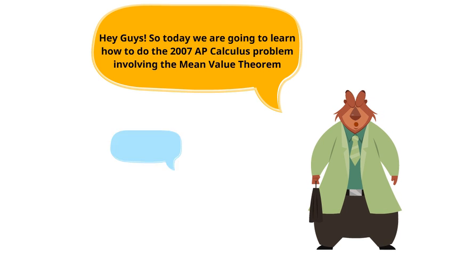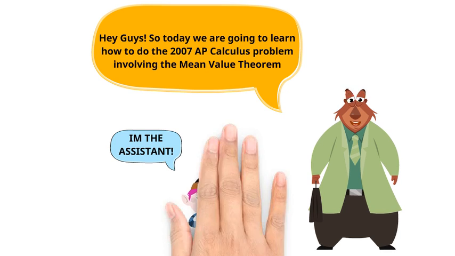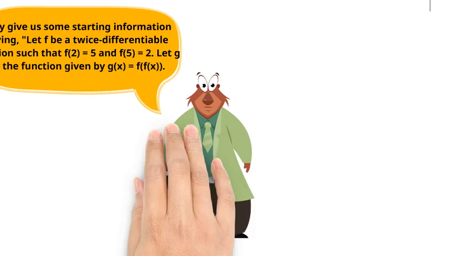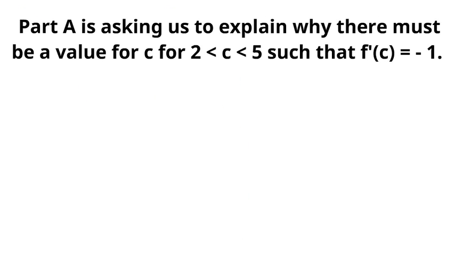Today we are going to learn how to do the 2007 AP Calculus problem involving the Mean Value Theorem. What is the problem? They give us some starting information saying, let f be a twice differentiable function such that f(2) equals 5 and f(5) equals 2. Let g be the function given by g(x) equals f(f(x)). Part A asks why there must be a value c between 2 and 5 such that the derivative of f